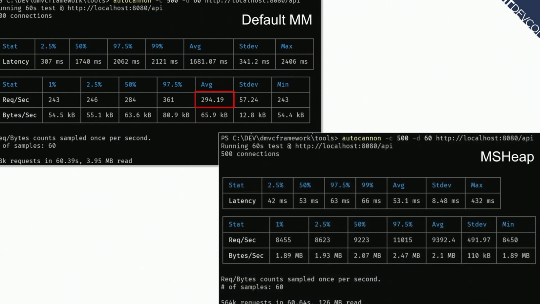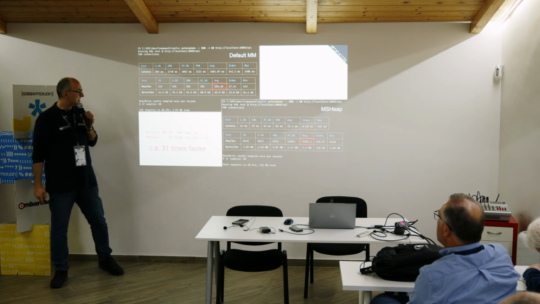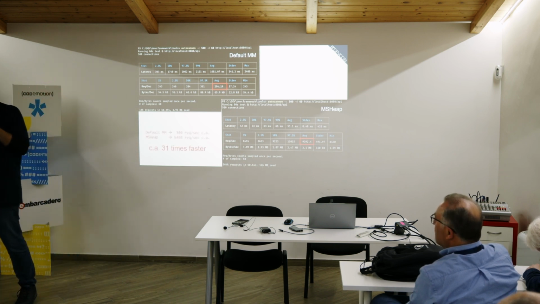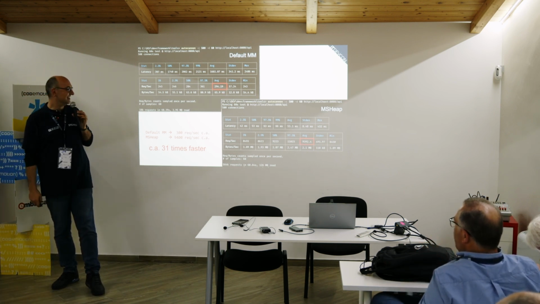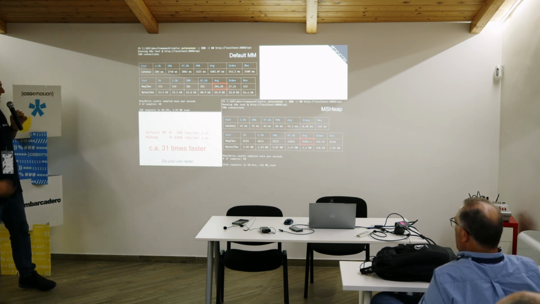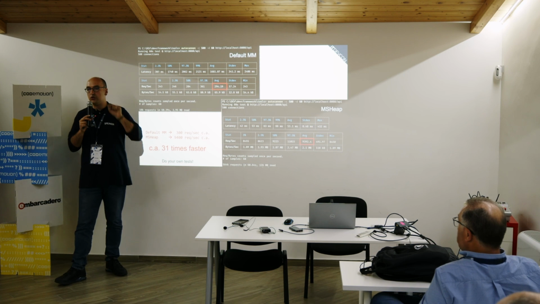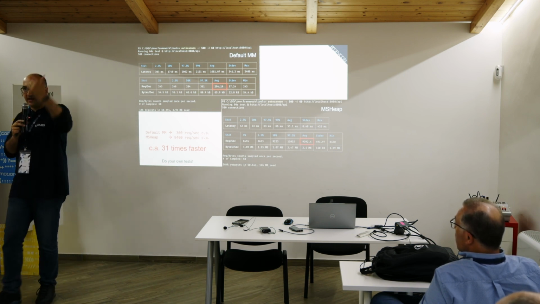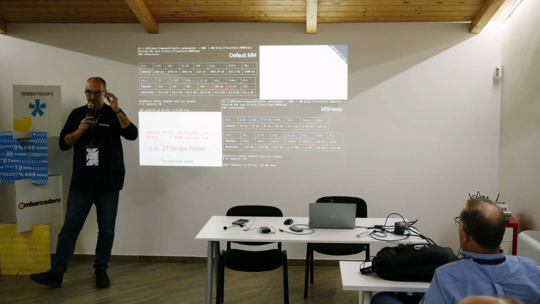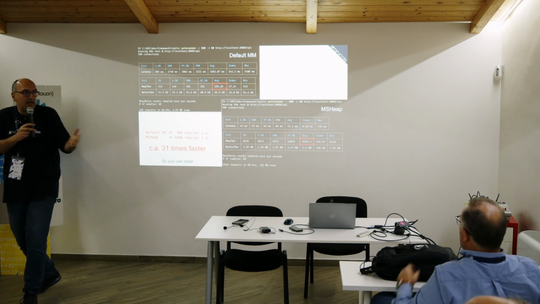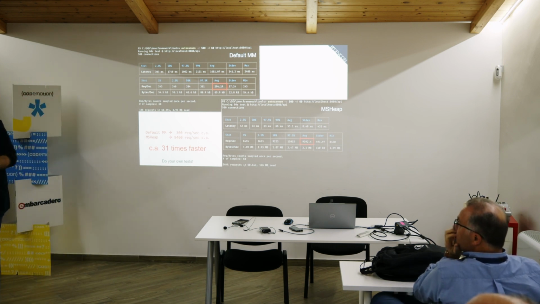This is the MSIP. I did the test with 3 tools because I could not believe it. It's more or less 30 times faster. Wow. Do your own test, because it doesn't mean that your software will become 30 times faster. It depends on many, many things. Also, in my own project I just switched to MSIP, but it's not 30 times faster, because